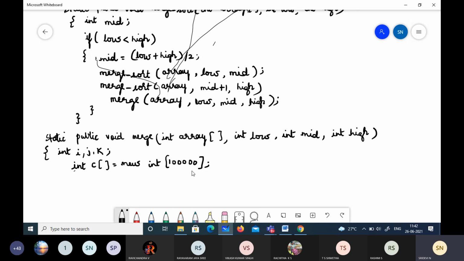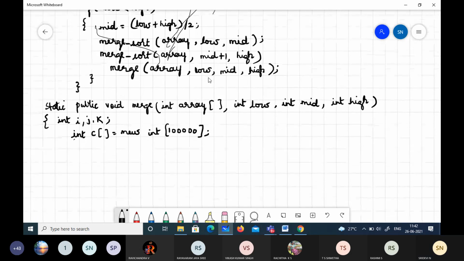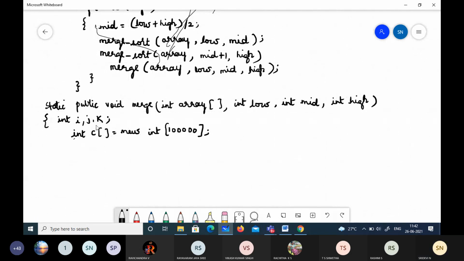Now, you know very well that I and K both will point to the low position. And we will have one more index J which will point to the element after the mid element. Immediately after the mid, we have the next element, so it points to that.